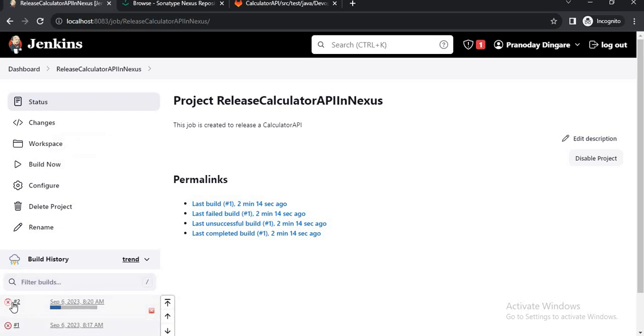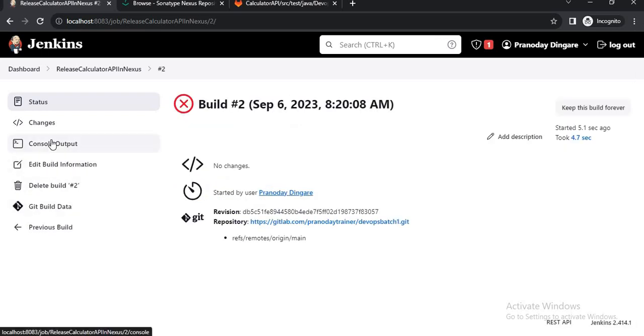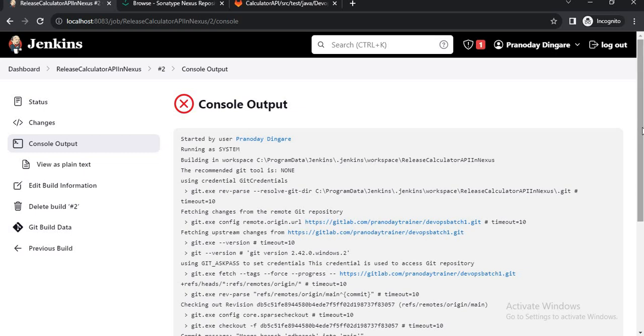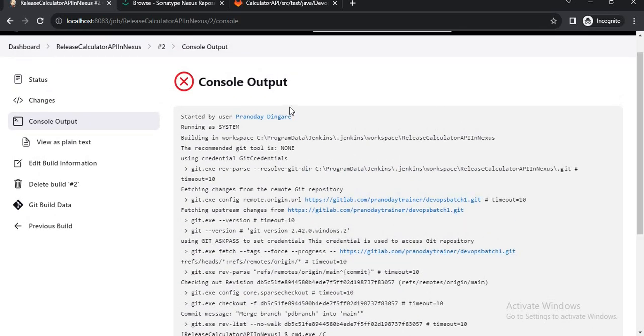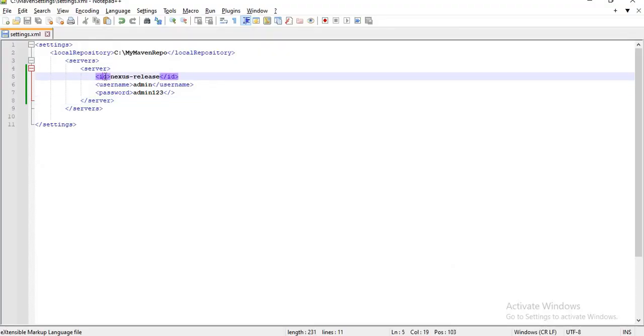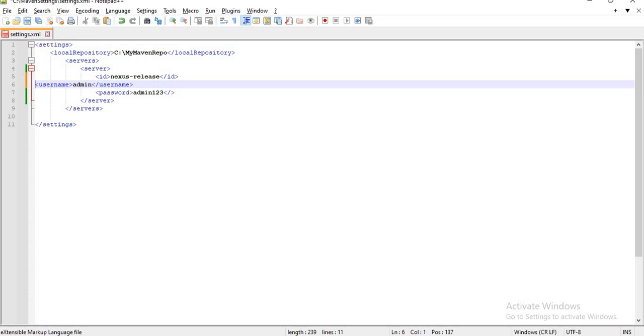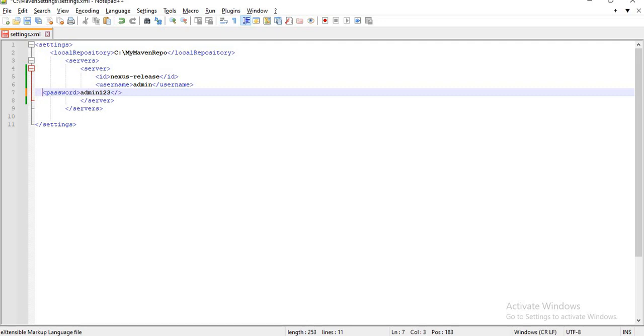So we have started a second build. Let's go to the console. Okay, just a minute. Again, there is some issue with the settings XML. The password closing is maybe missing. Right, the password, sorry, I missed that.